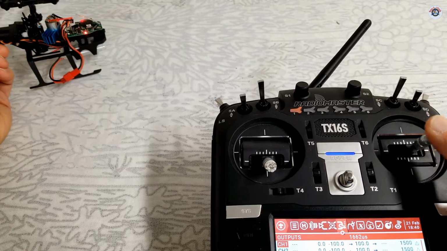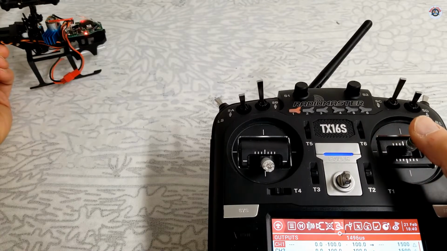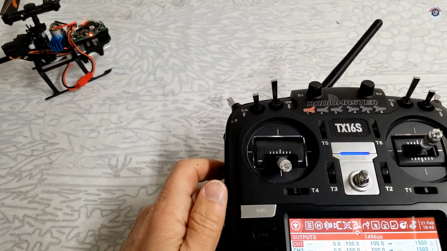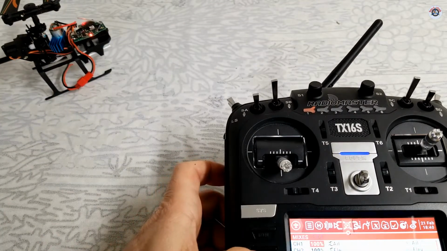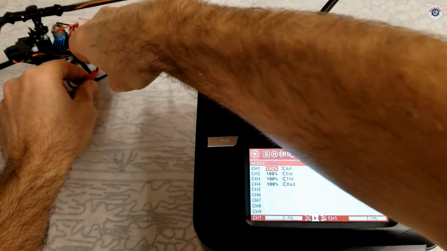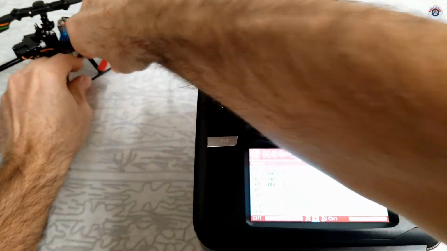Forward, backward, right, and left. So everything is moving correctly. Now it's time to go to the mixes. So page back. Before I move any further, I'm going to disconnect the battery so we don't have an accident,